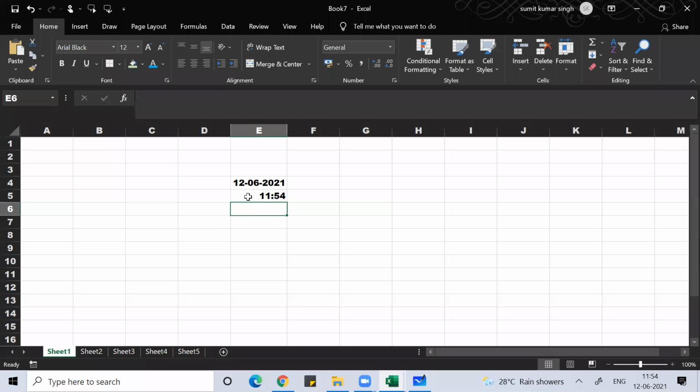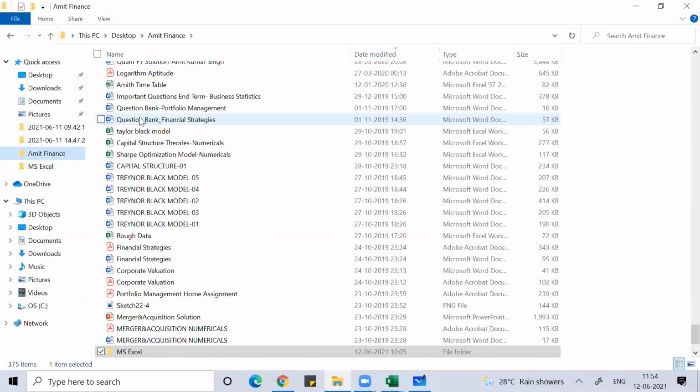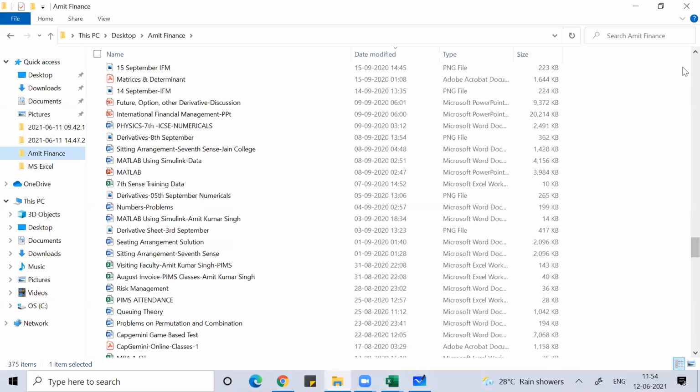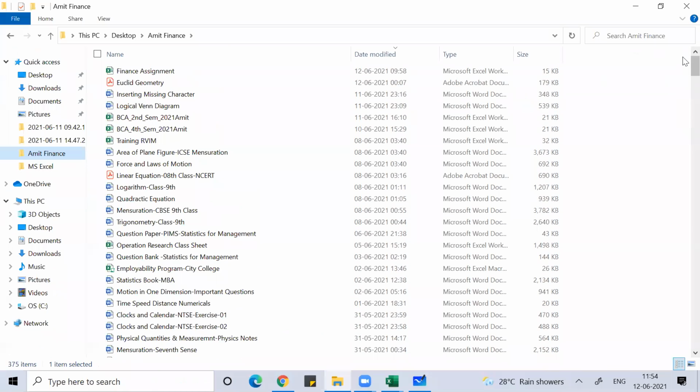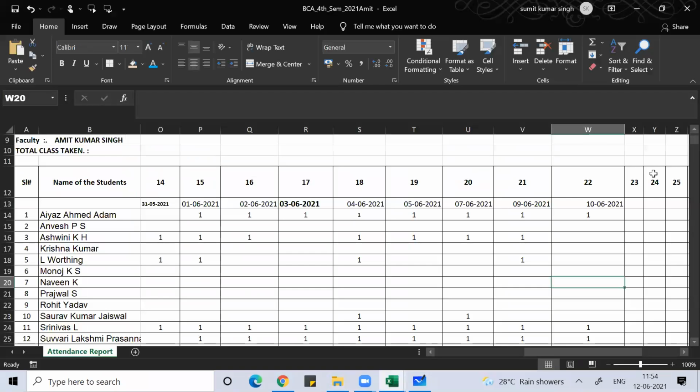I need this Control semicolon very commonly because I'm a teacher, so when I take classes, I don't want to remember the dates. Suppose after this I have a class with BCA students, teaching them operation research. The moment I go to the class, I have to take attendance. So I'll click there on the attendance part and then drag it.